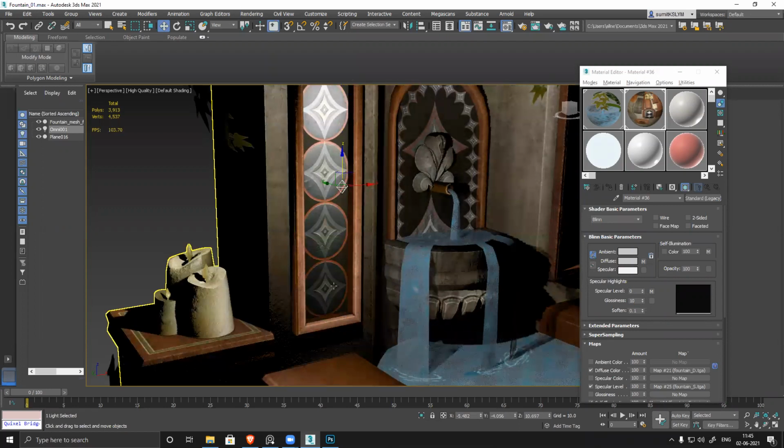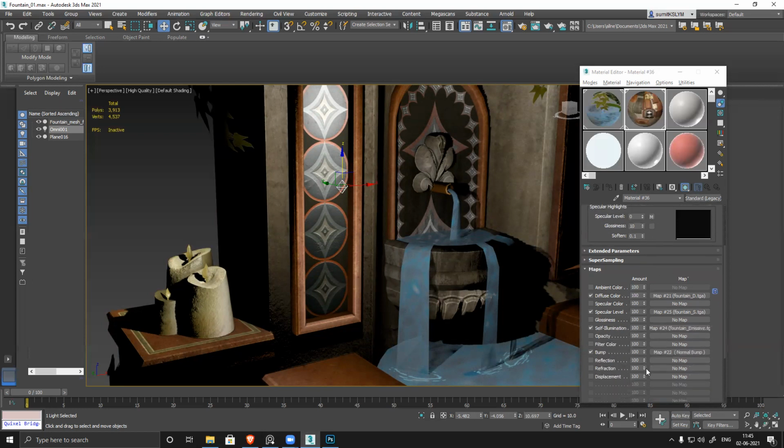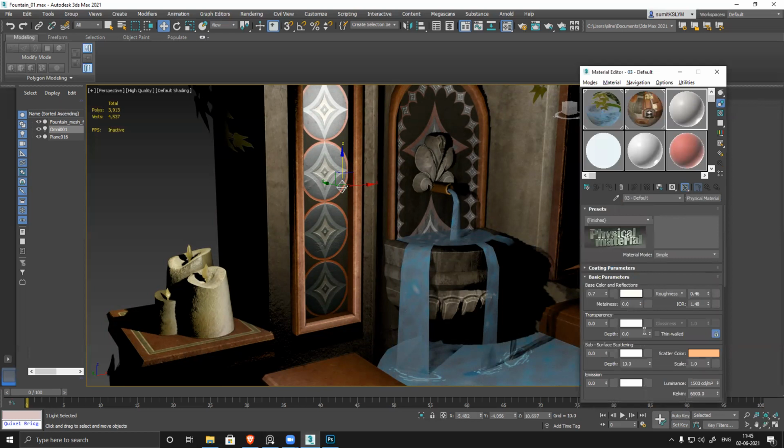So now it's visible, but this is a very old technique of creating this thing. Nowadays we use roughness. And roughness is exactly opposite. We just have to define the surface property, and you can see here this is standard legacy. It's a legacy shader, and in this you can see there is no roughness option. It doesn't exist here. Reason, it's an old technique of doing it. If you go to physical material, you can see you have a roughness option, because this is a new technique and new way of doing it. So we use roughness here.